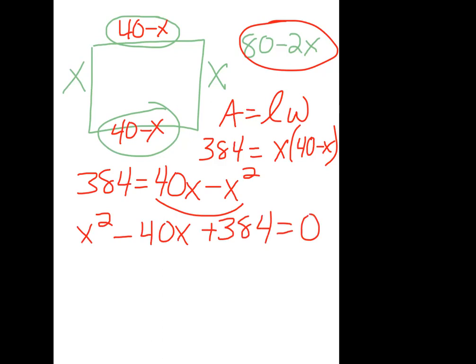If you were to graph this, it would be a parabola. It would show you all the different areas that you could have with your given parameters. But I just want the one that gives me the square footage of 384. So let's go ahead and, can I factor this thing? Oh, probably. Let's see, 384, let's try. Yep, I got it, 16 and 24. So I'm going to have an x minus 16 and an x minus 24 equals 0.